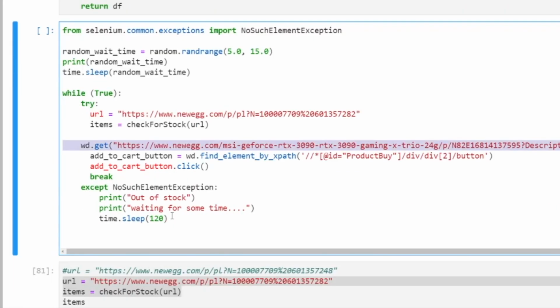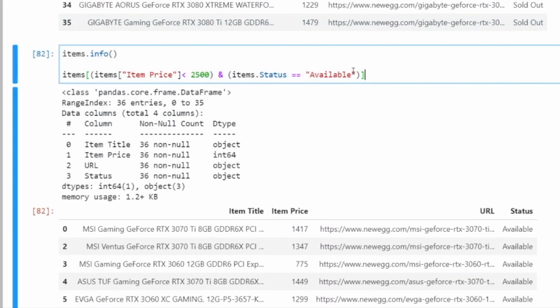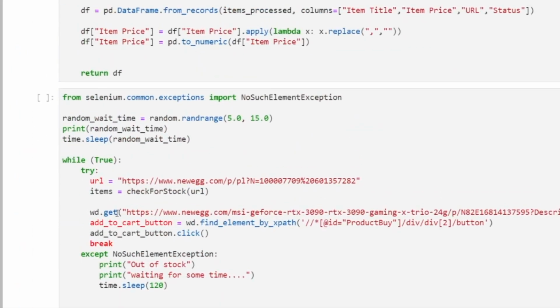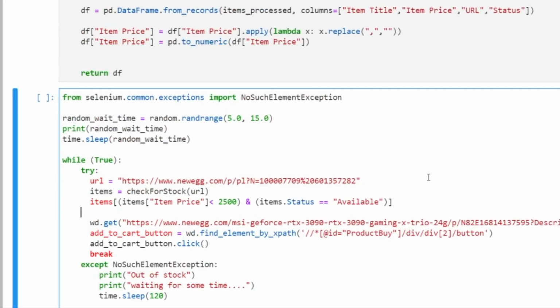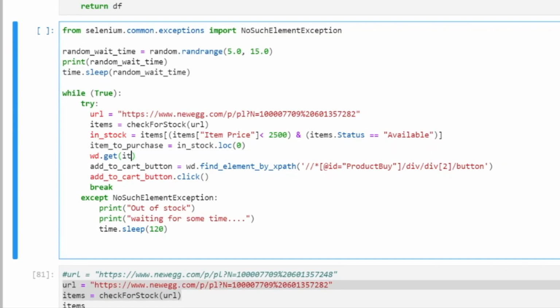So the idea is that I would do a query here. I'm going to add my query here, and this is going to give me a list of all the items that are available, right? To get the first item in the list of items in stock, I'm just going to do in stock dot log and then 0, and then I'm going to replace this URL here with item to purchase. Now pass in the URL.